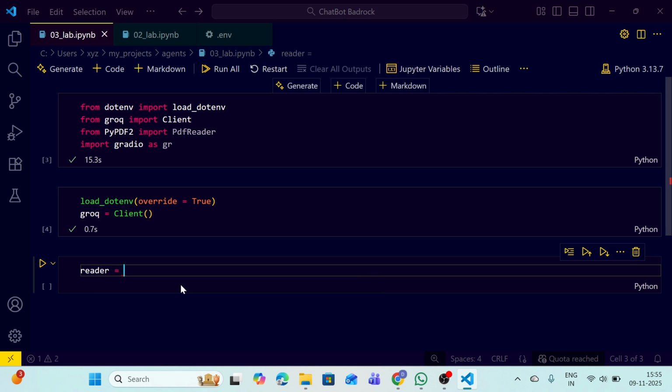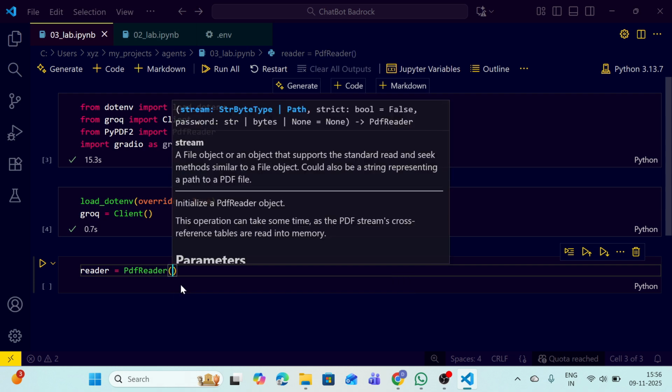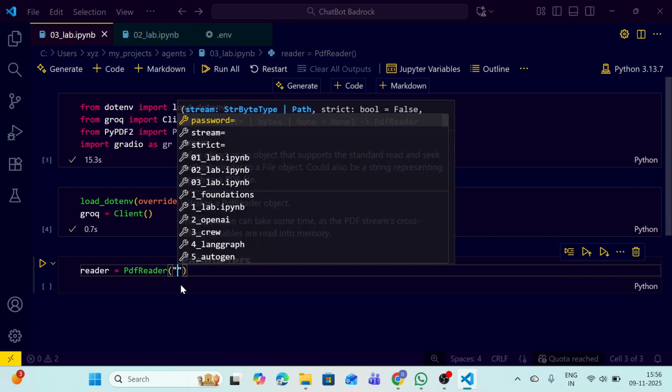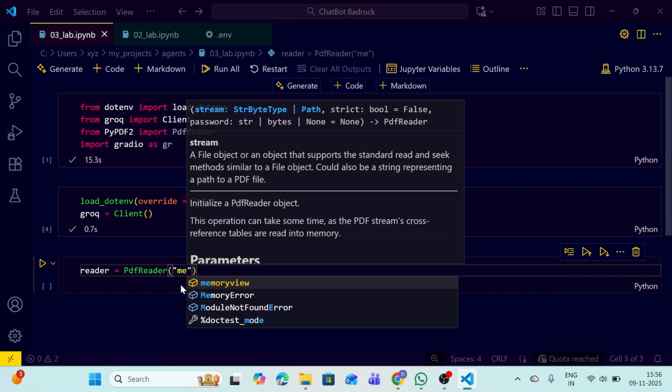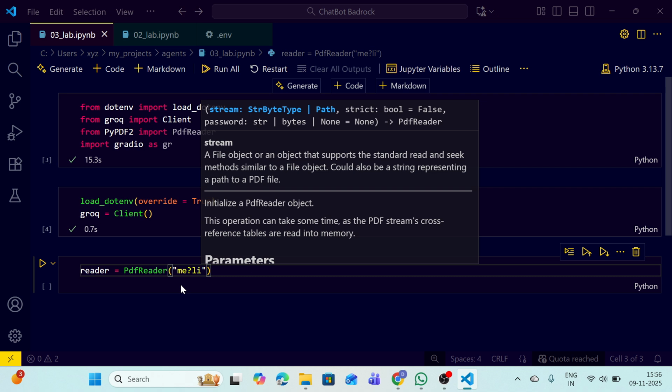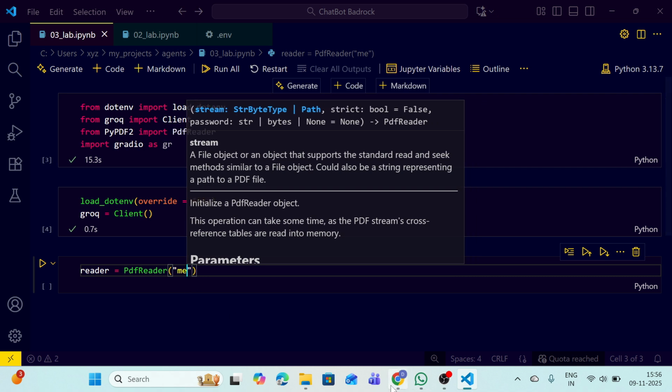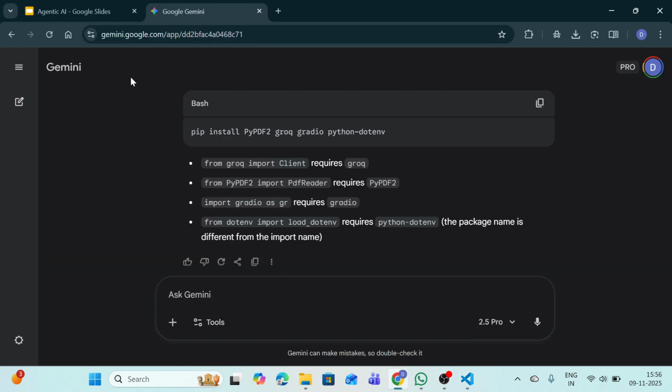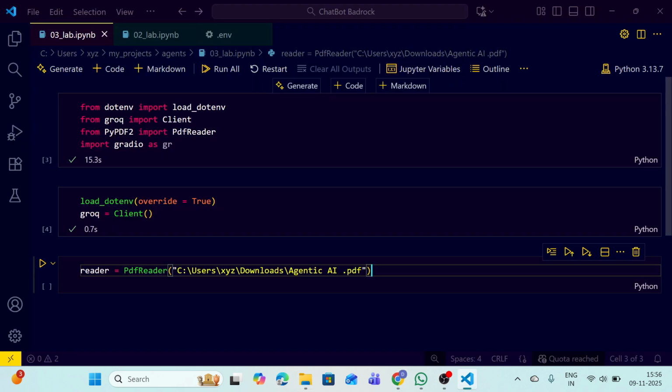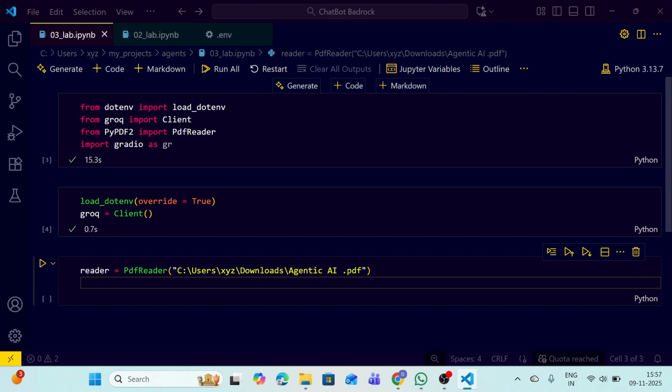Here I will add a variable called reader, and here I will import my PDF reader, and here I will simply type the path and type my one PDF. I will give it a name, Agentic AI, is equal to,